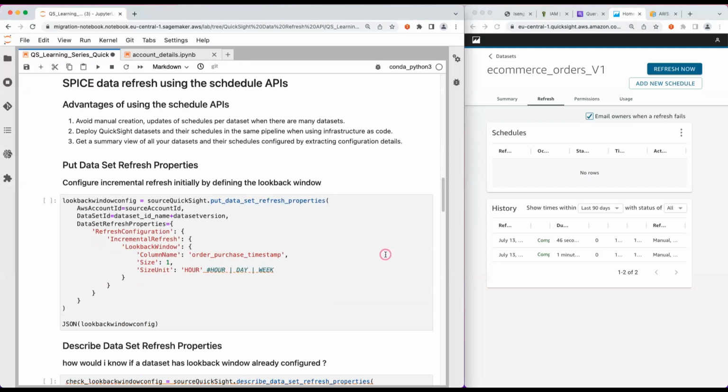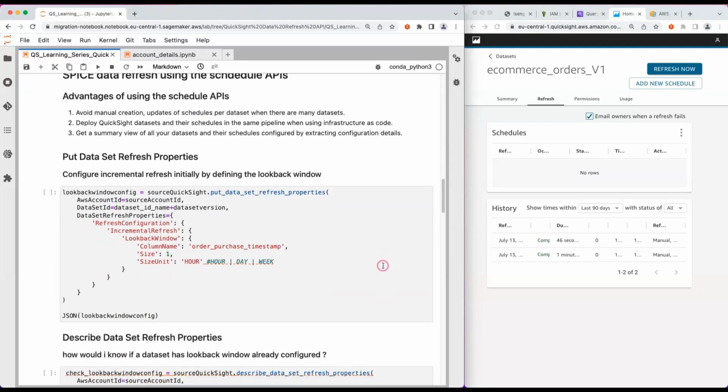A look back window here means that QuickSight will send a query to the underlying data source and bring the data changes based on a specific time frame. In my scenario of the e-commerce table, I'm looking at the orders which are coming every 1 hour. So as part of this,